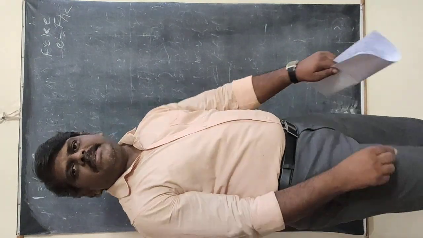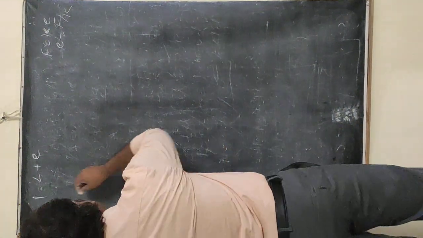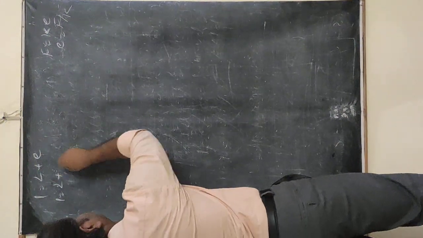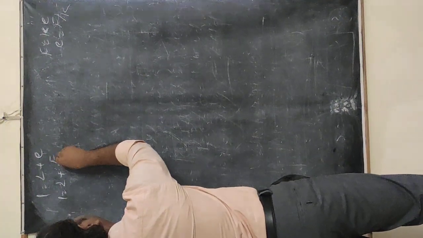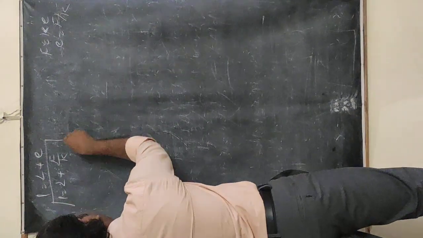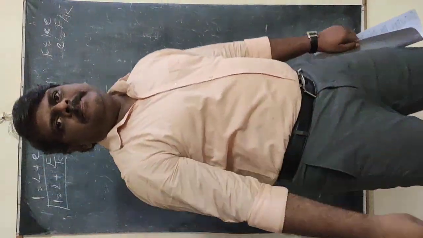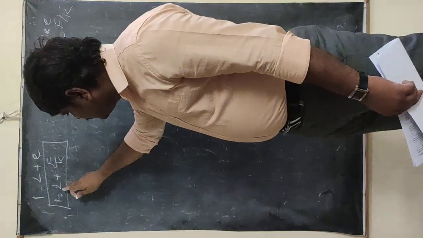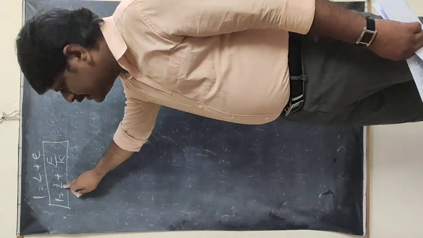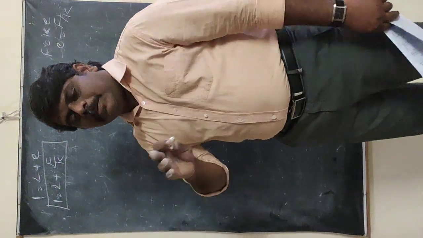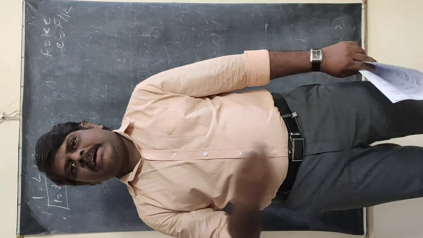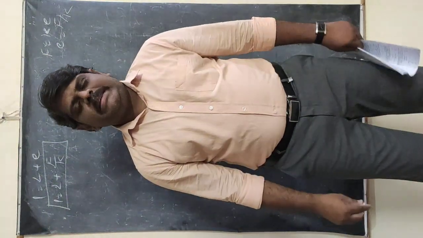Here the force constant is not given, so let us substitute. L is equal to capital L plus, in place of E, F by K. This is the base formula we are going to use to solve the problem. Don't be confused: small L represents the final length, capital L represents the initial length, and F by K is the elongation. In both problems the initial length is the same. It is the same string; you are changing the forces, and the final length changes.